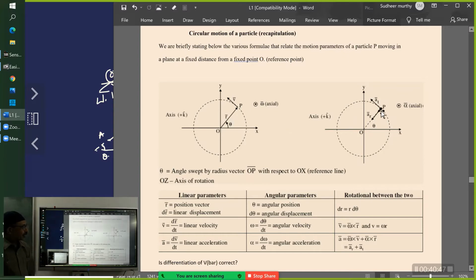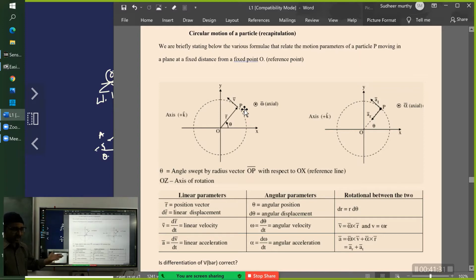Since it is performing circular motion, obviously it should have radial acceleration, and it need not have tangential acceleration, but if omega is not constant, then it will also have tangential acceleration. Keep all these points clear, and you can represent it in polar as well as Cartesian coordinates. And if this is pure rotation at constant omega, that is uniform circular motion,